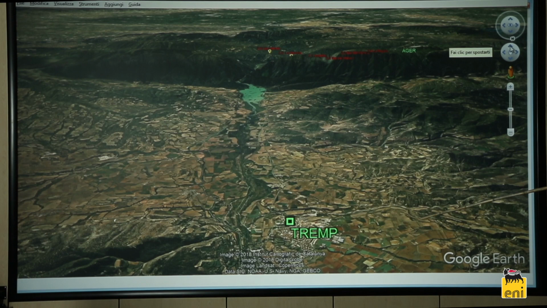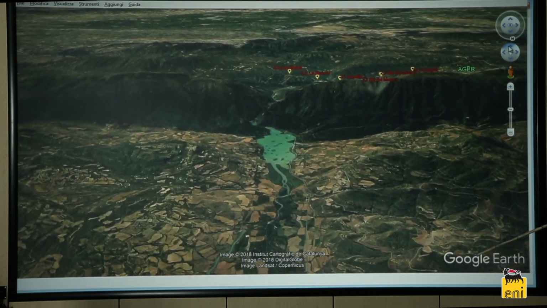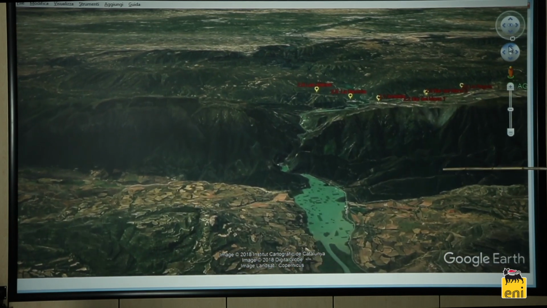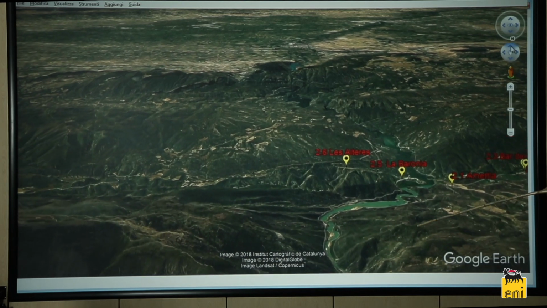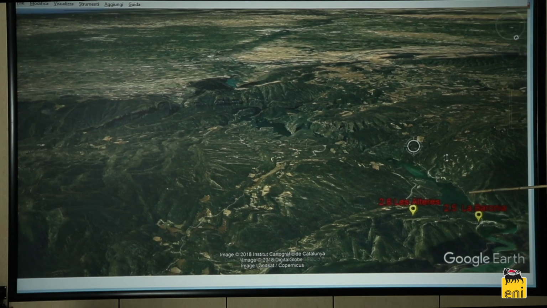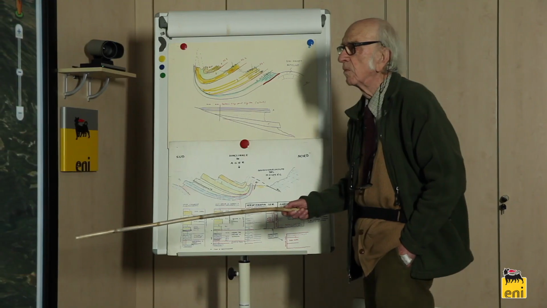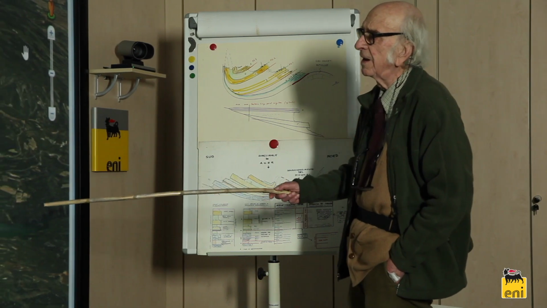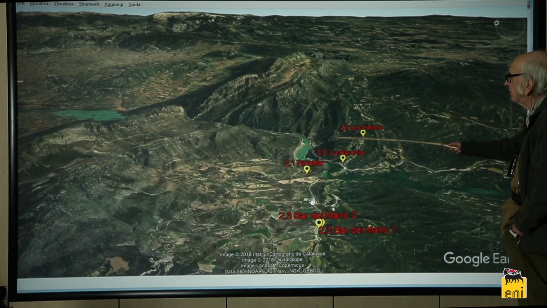We are now in the magic room, and from Tramp we move southward, and with the help of Google Earth we can bring the Pyrenees here. Moving southward, we cross the Montsec Range and we enter the Ager Syncline, which is just south of the thrust. The Ager Syncline developed in the footwall of an ancestral expression of the Montsec thrust,